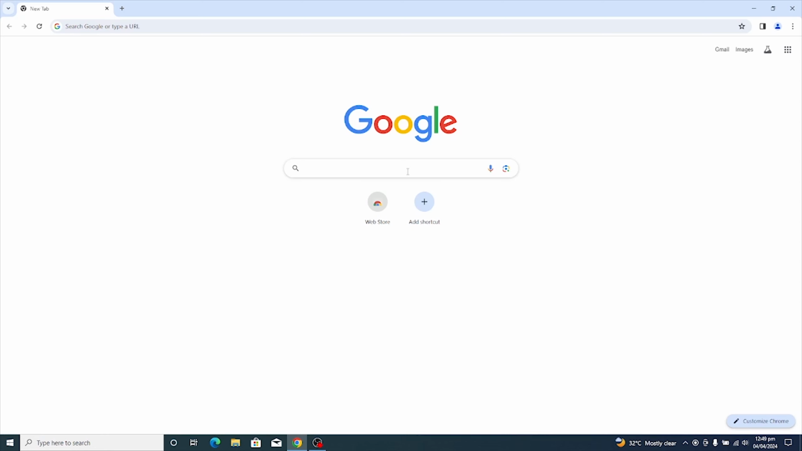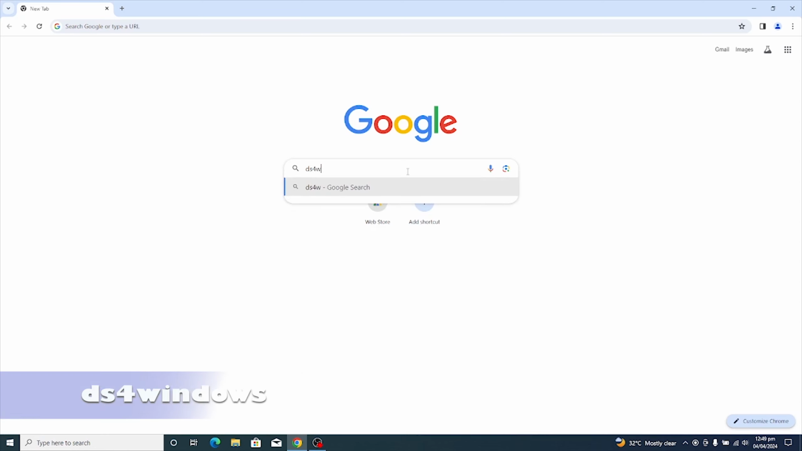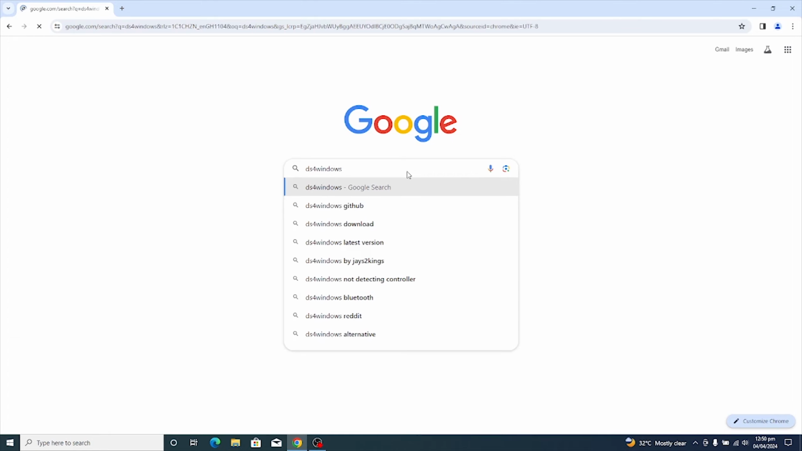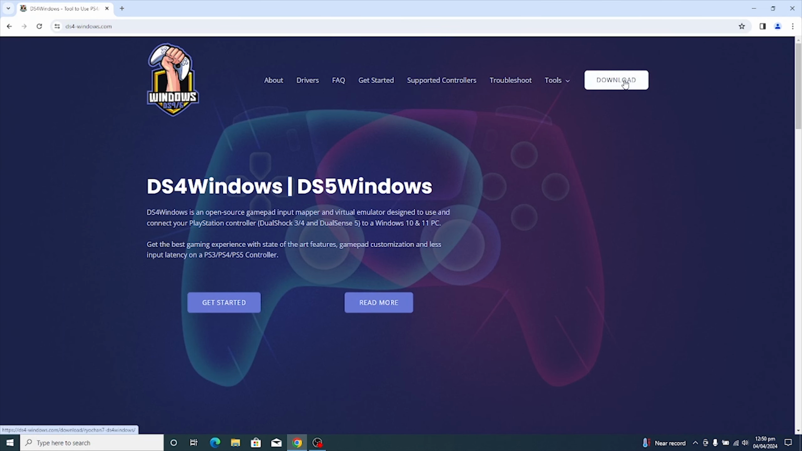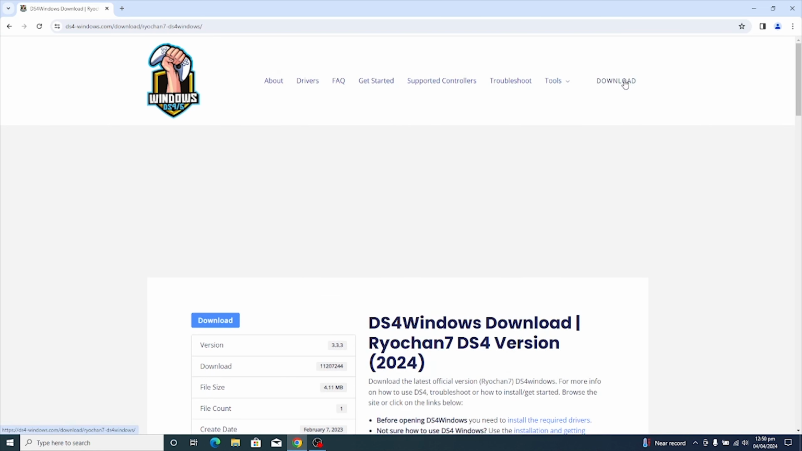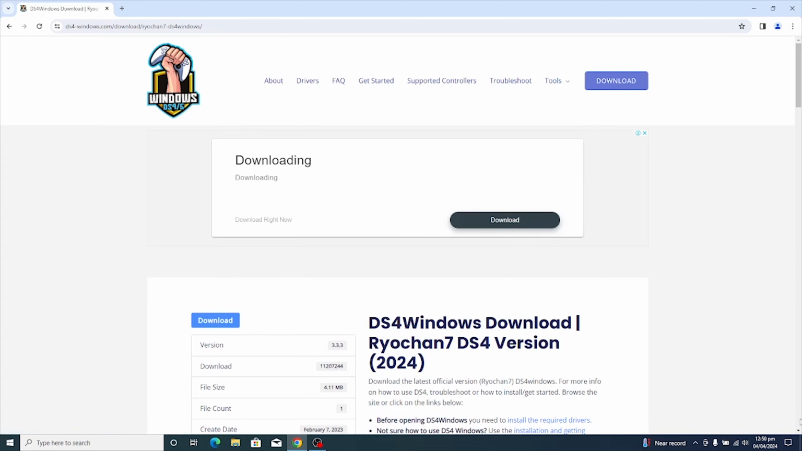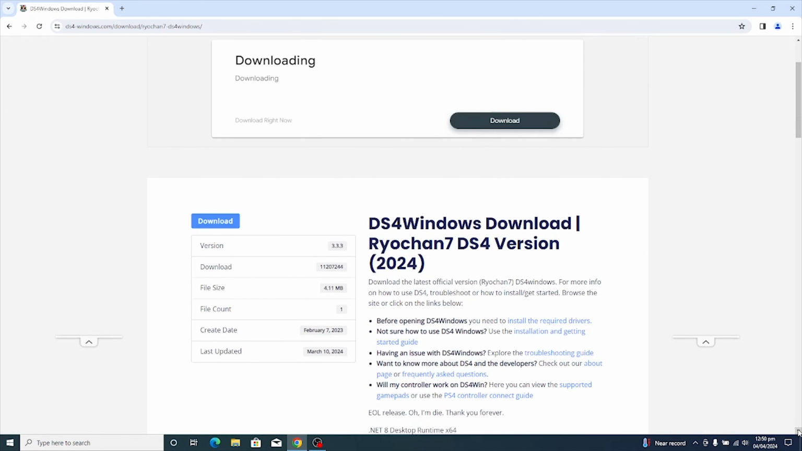Open your internet browser and search for DS4 Windows. DS4 Windows. I'll leave the link in the description below. Click on the first link. Click on download. Now scroll down a little bit and click on download again